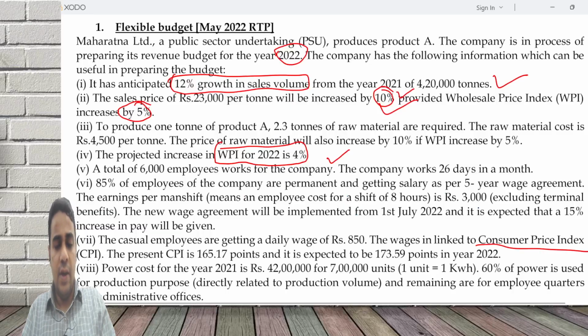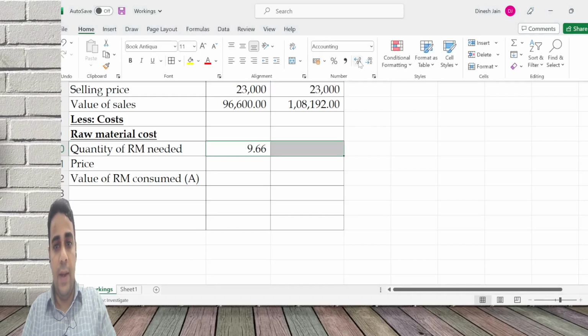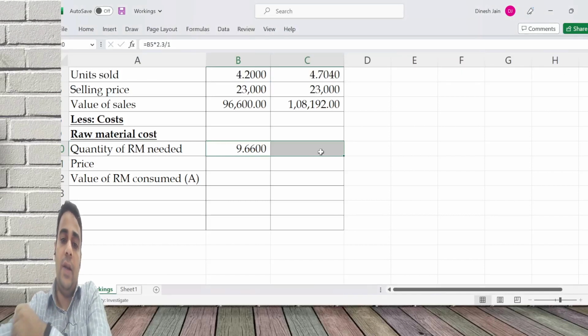Units sold into the input by output ratio, 2.3 divided by 1, I'll need 9,66,000 raw material